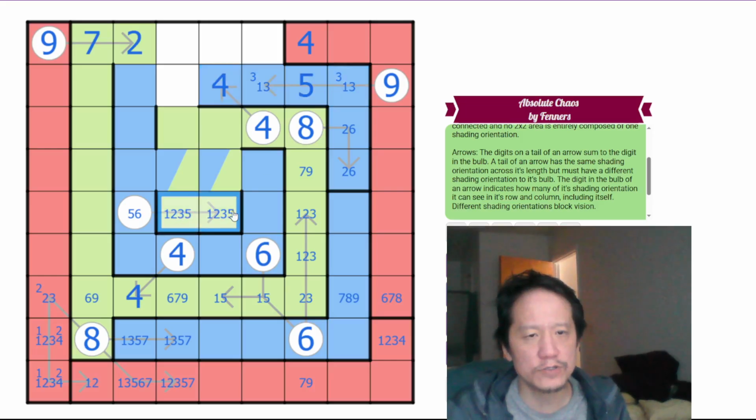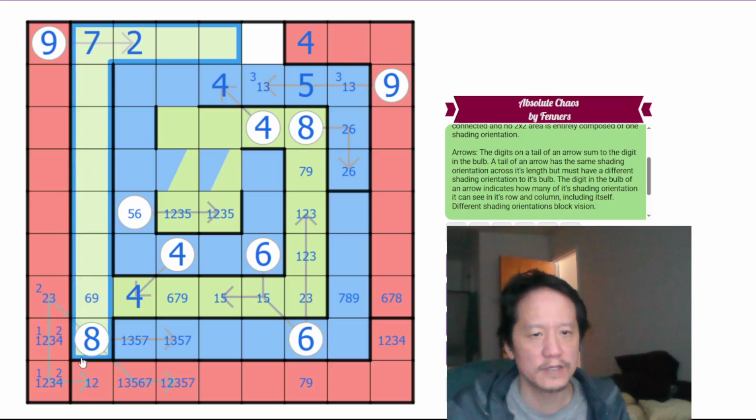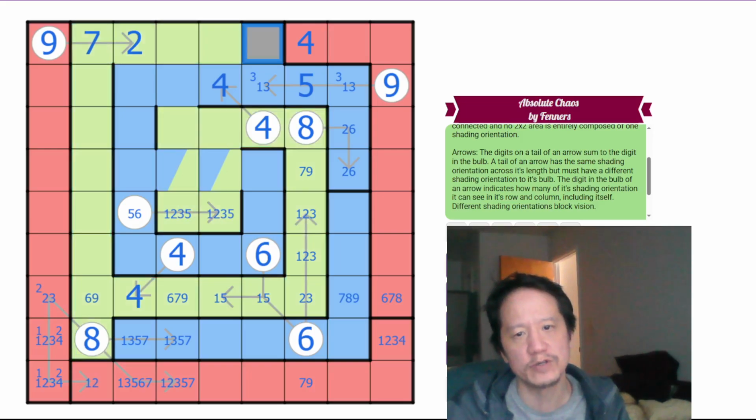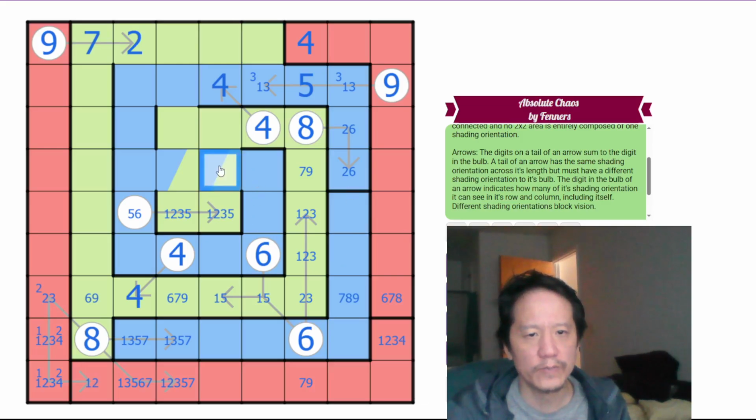So this is 1, 2. This one has to be blue then. So it connects that way. One of these cannot be blue. And it can't be, so therefore we have to have at least a green. So this is 1 through 26. So this must be green. We have